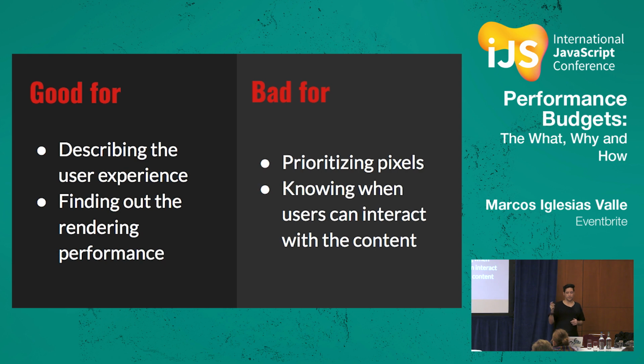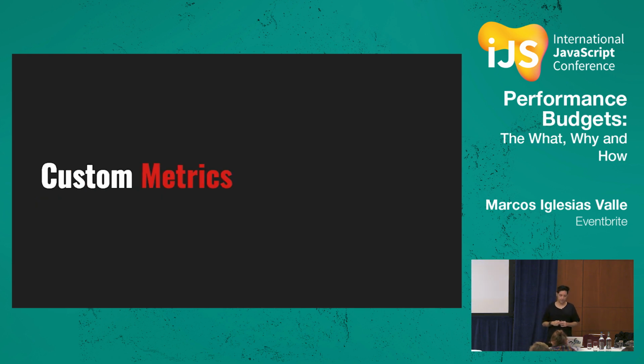This case is where custom metrics shine. Custom metrics are events that you will trigger manually or programmatically from your application when something important on your user's experience happens. So that could be when the form is ready to be submitted or when a search box is ready to work. They are the most granular metrics, and you will use the Web Performance API to get them from the browser and report them to your service, maybe with a direct AJAX request, or